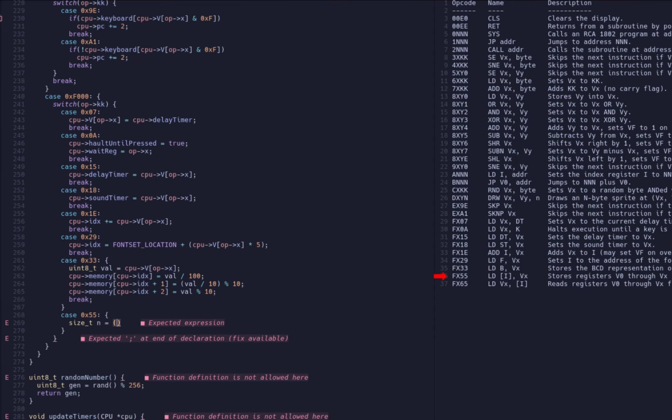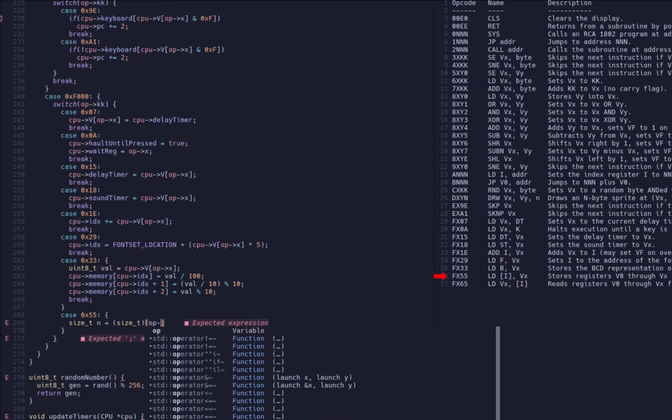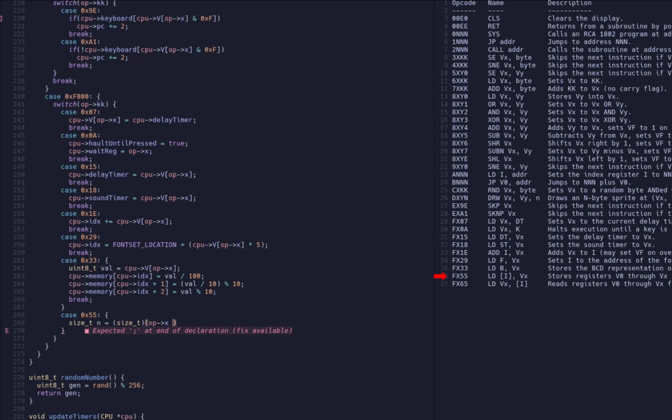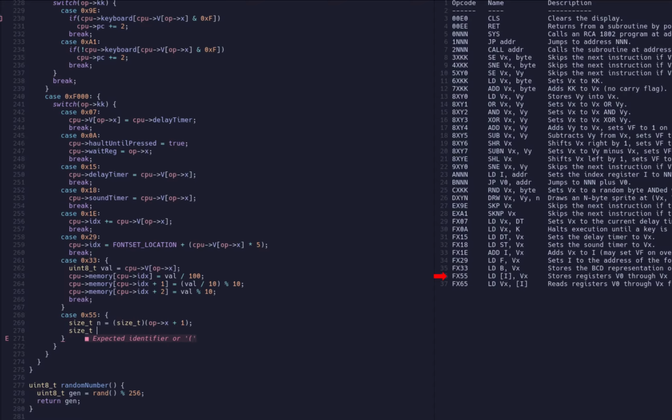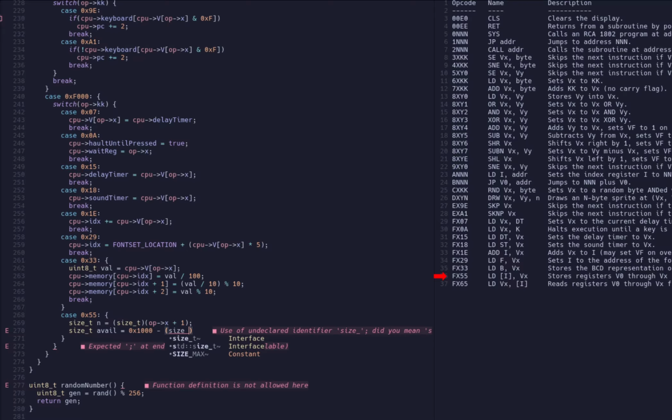Call it N. Cast this to size_t and we'll check the X value and add 1 to it. Next, we should check the available memory that we have. So we'll do size_t available. That's 1000 minus size_t